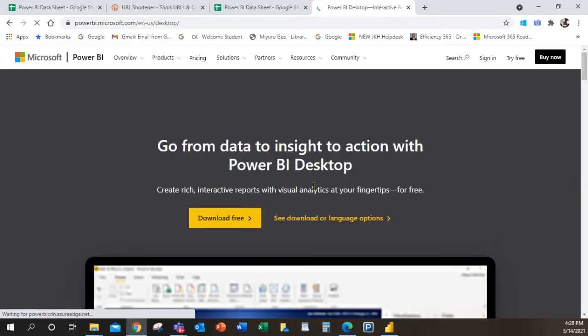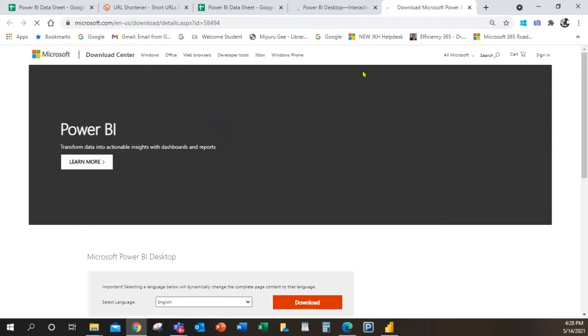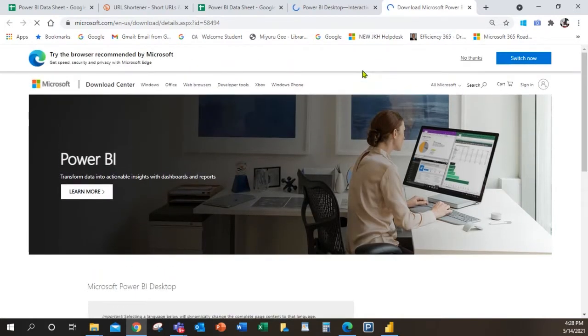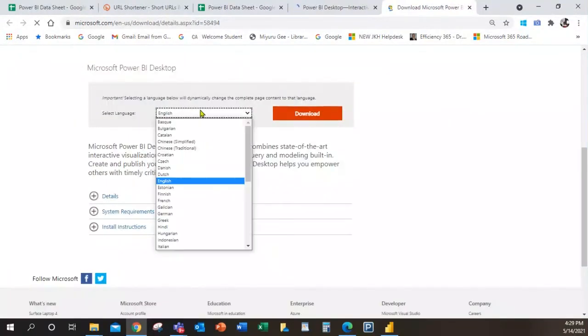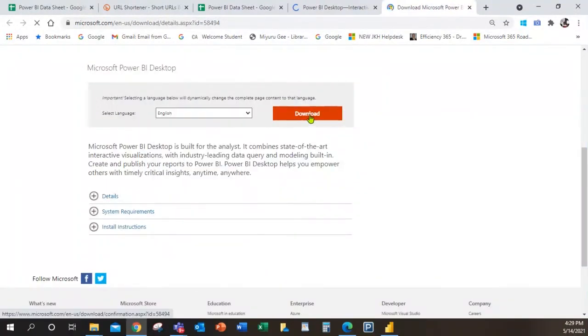Okay, now here you can simply download this application, or you can go to the customize page. You can simply download this application from here.